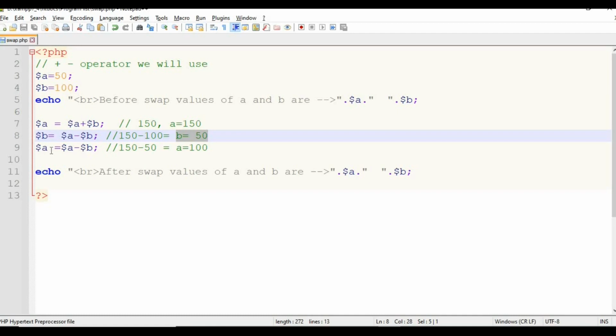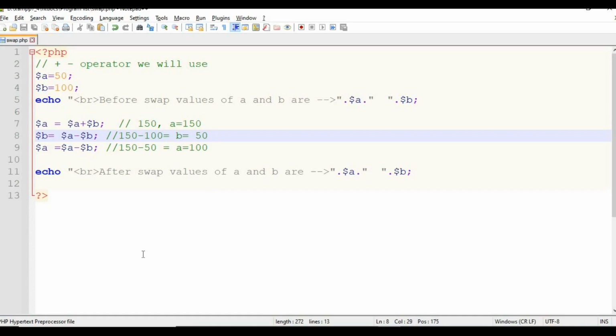Now we need to assign the new swap value, that is 50, and so we subtract this value, that is A minus B. So in this way we just did addition and subtraction to change these values. That is nothing but the swapping of the two numbers.